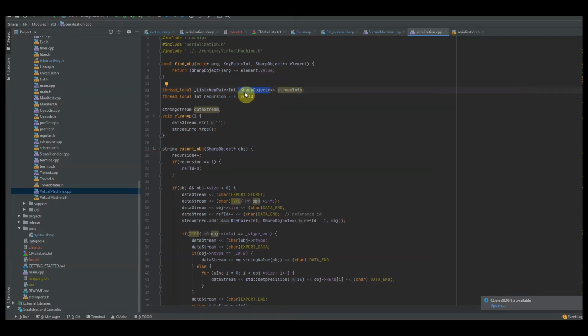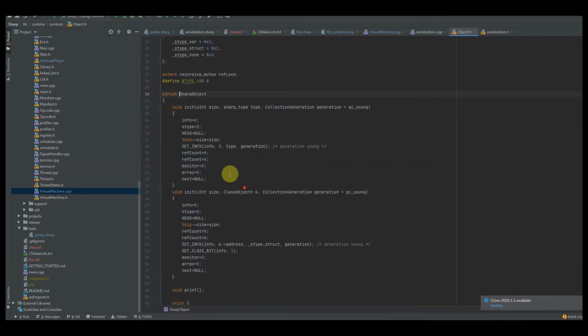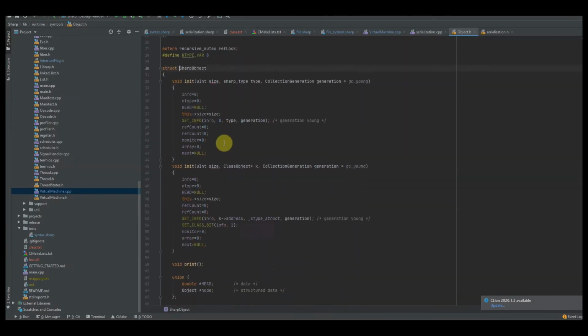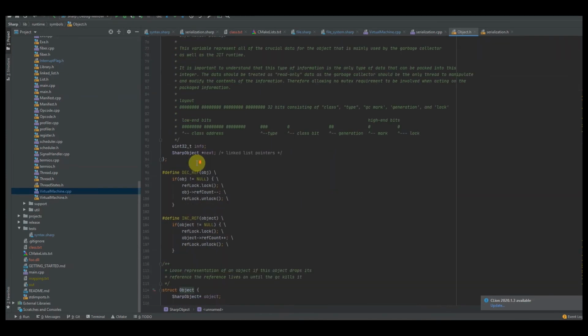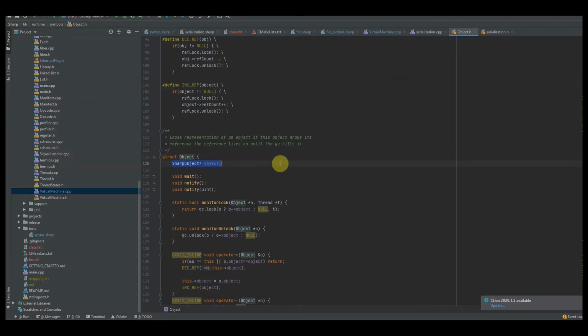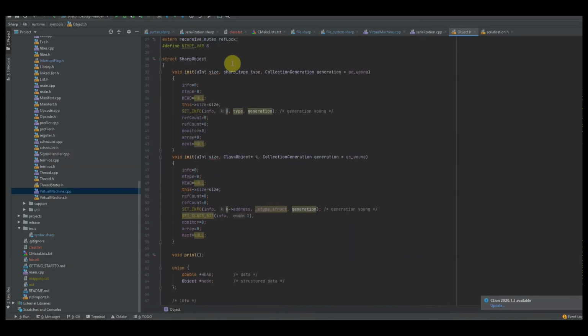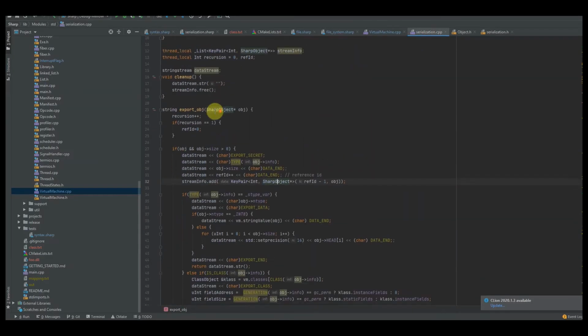So this is going to be the pointer to each object that we're going to be referencing, because if you remember, every sharp object basically has a list of nodes, which are objects which then contain pointers to sharp objects. So that way we can keep track of all of our pointers. So if I go back here, and then once you do that, then you want to set up the export